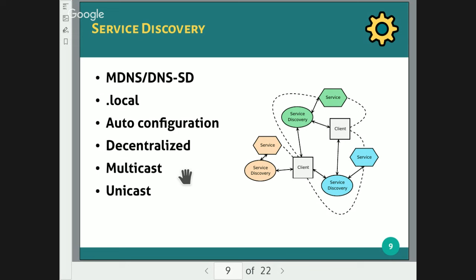And so it also works in the case where you want, for example, to go through a firewall or something like that. Multicast only works on the current subnet, so it only works if you're in the same subnet, not in a different net. So unicast works for these cases. Or if you have a local instance, unicast may also be preferable.